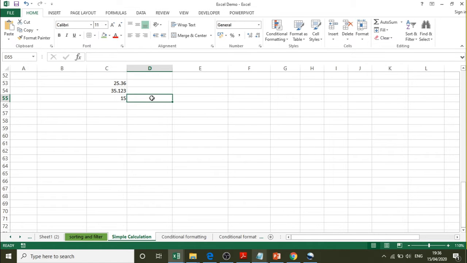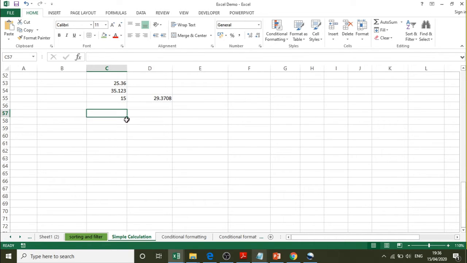You can also verify this by doing some calculation. If I multiply with 2, actually I should get the result 30, but I will not get that. See here. So the increase or decrease decimal in the Home tab is just to hide the decimal values, and it is not removing them. The correct method of doing that is by using the round function.